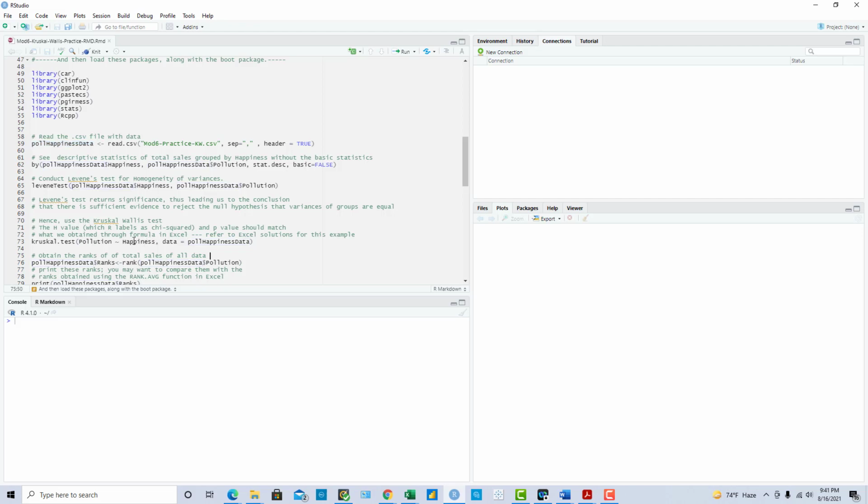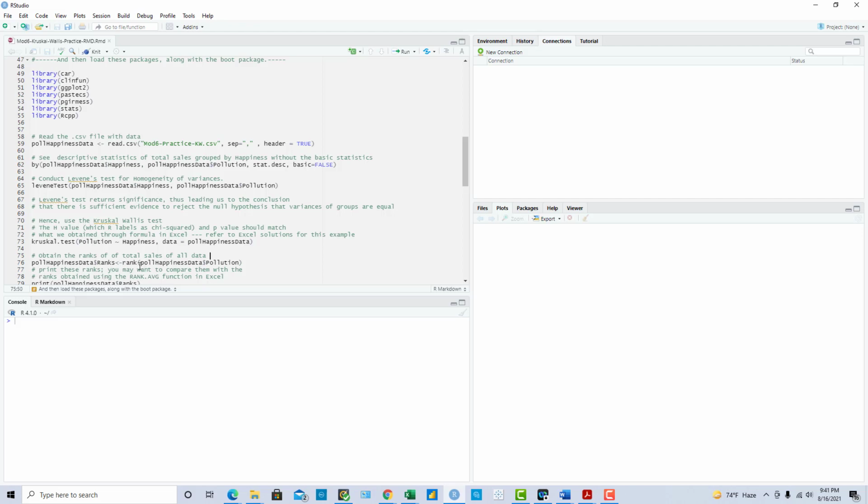And once we have that, we are going to get the ranks of the values in all this data. Remember in the Excel portion also we went through ranks for each of these values. Here we could do that. In contrast to Excel, R provides this powerful array of functions that we could use.